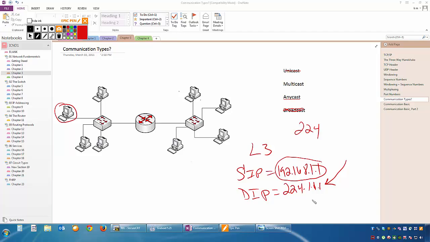And that's interesting because multicast is the way of having PCs listen on an address. So if all these PCs are circled and they're listening on 224.1.1.1, that means when 192.168.1.1 sends traffic to the 224, the only ones who are going to get that traffic are the ones who are